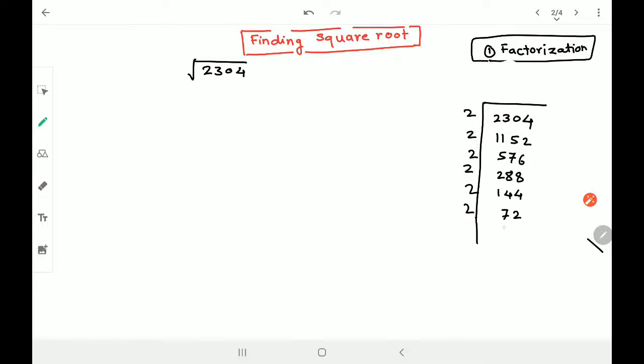2 3s are 6, 2 6 are 12. 2 1s are, 2 8s are 16. 2 9s are, 3 3s are, and 3 1s are. So this completes the factorization. So my 2304 can be written as 2 into 2 into 2, all that into...